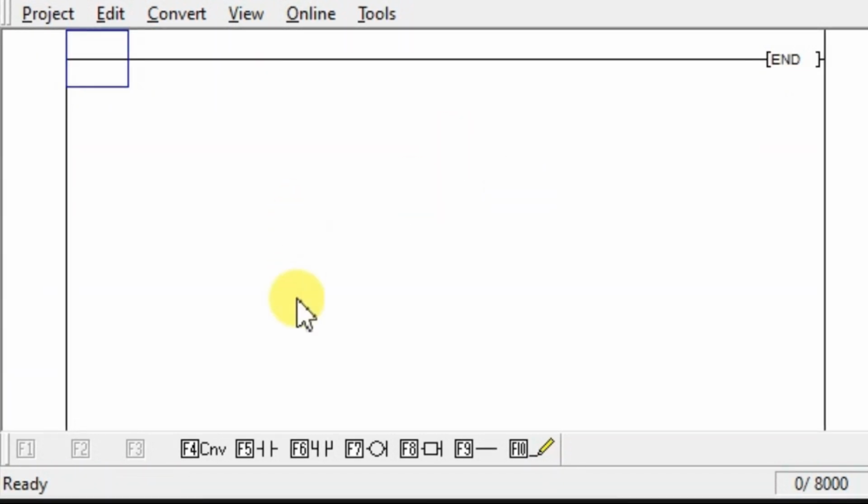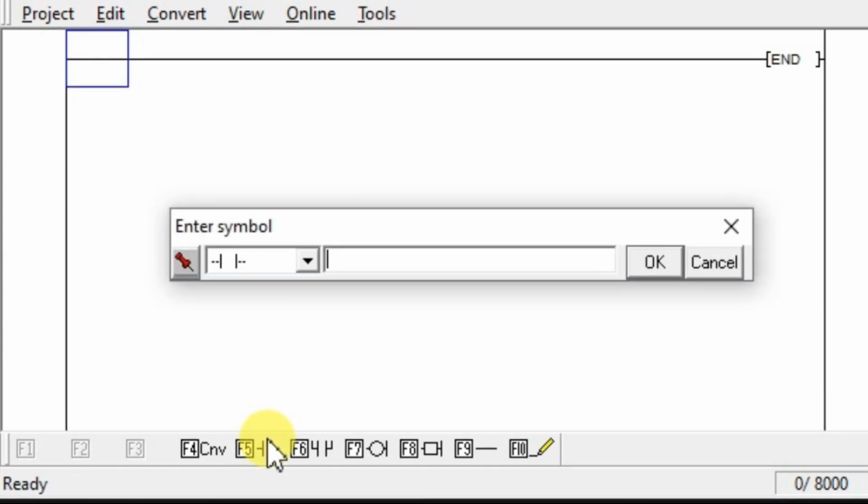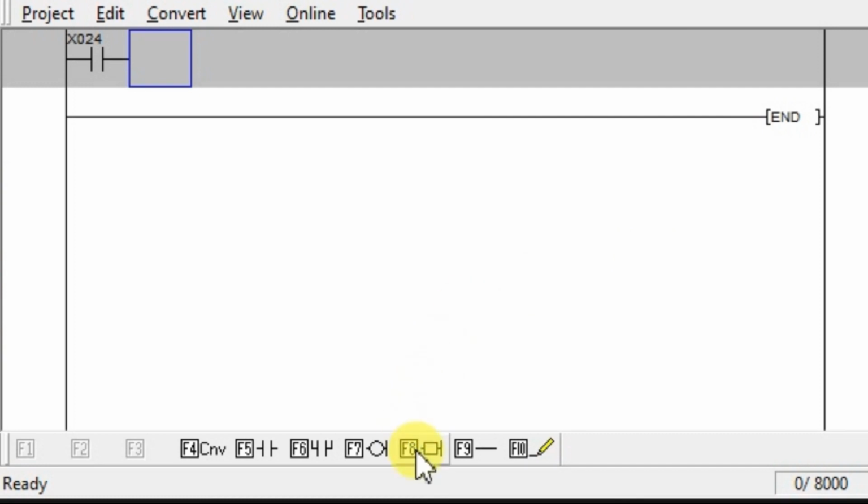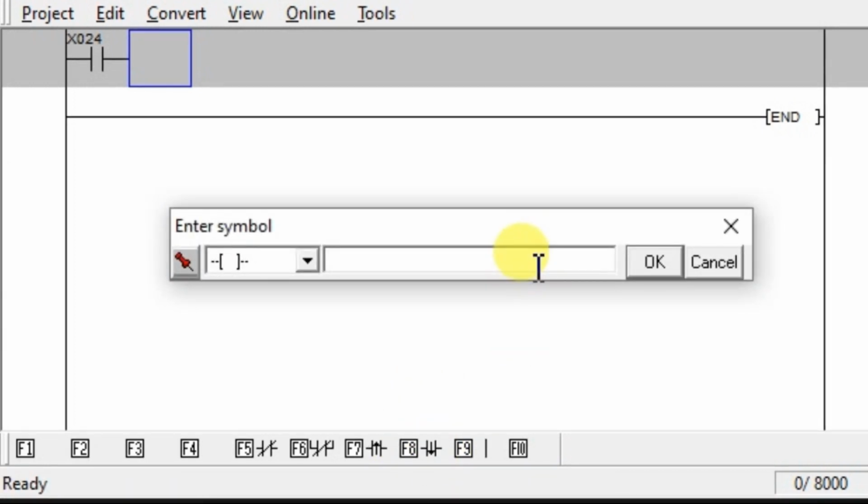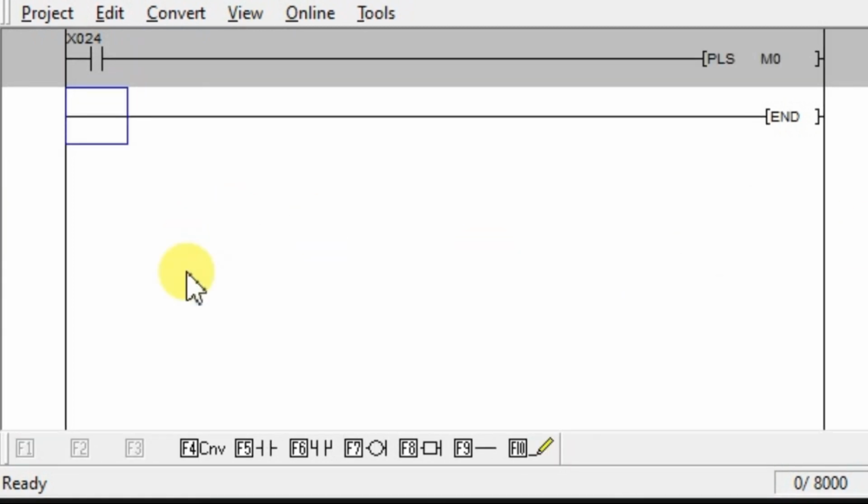Now take one input X24. I need one application instruction for writing the pulse output PLS. It is pulse rising. I need one M0, one internal memory. Click OK, and I'll use this internal memory to turn on conveyor and green lamp.